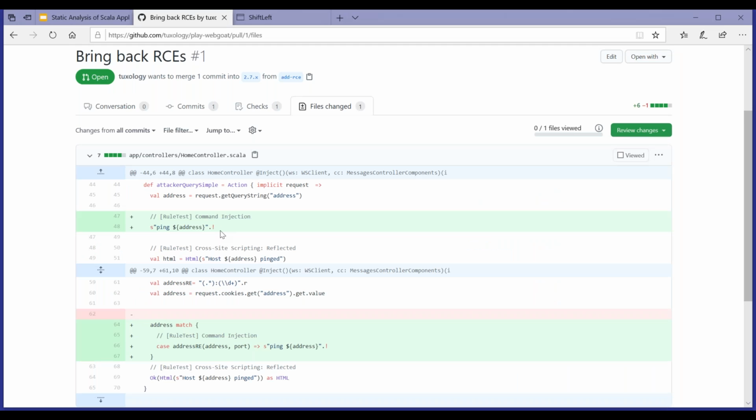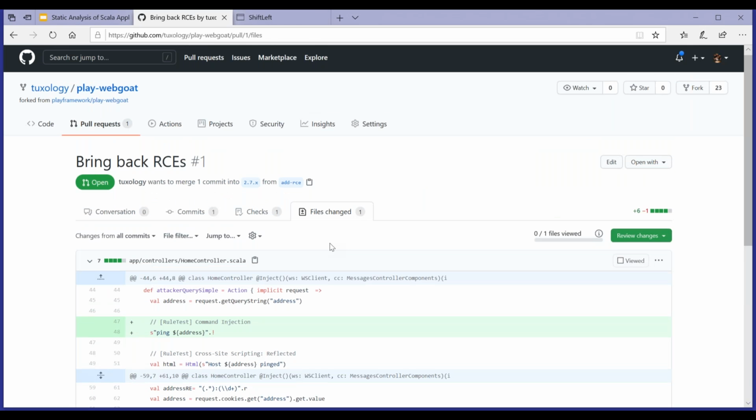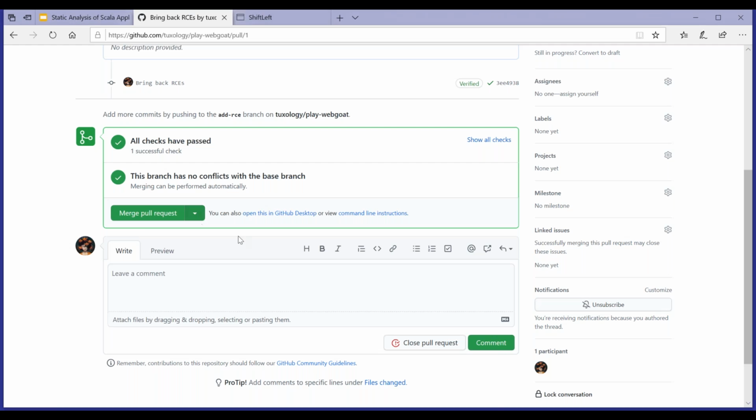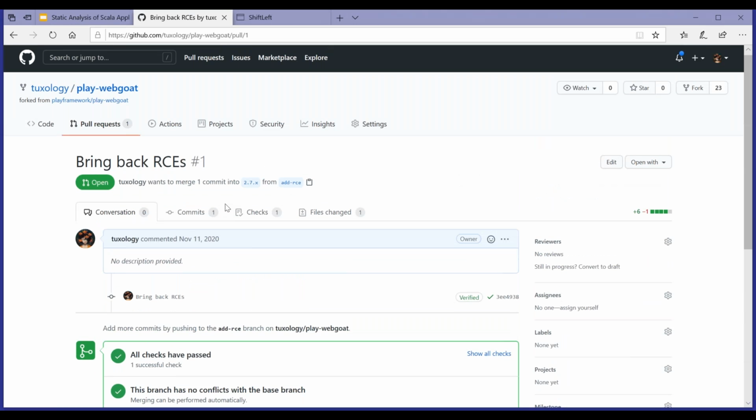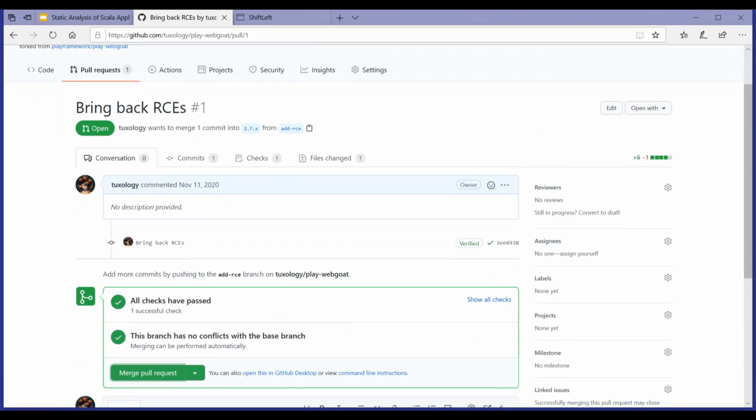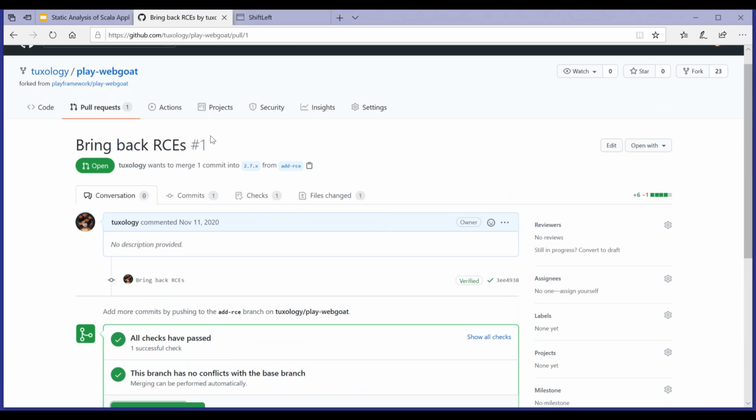Okay, so this basically is these RCs which I had first removed and then I re-added them. So I'm trying to merge it. Let's see. It allows me to merge this. Okay. I don't know what the reason is why it's not allowing me to merge, but anyways, once that merge is